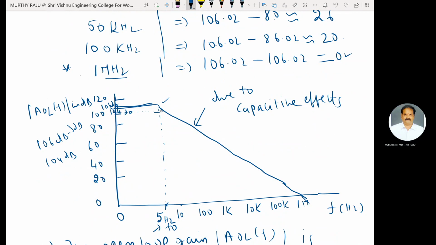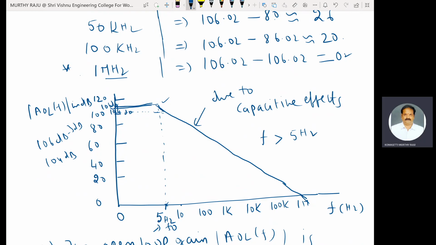At 5 kilohertz, the gain has dropped from its value at 0 Hz, the open loop gain of the amplifier at 0 Hz frequency. After f is equal to f naught, that means when the operating frequency is greater than 5 Hz,